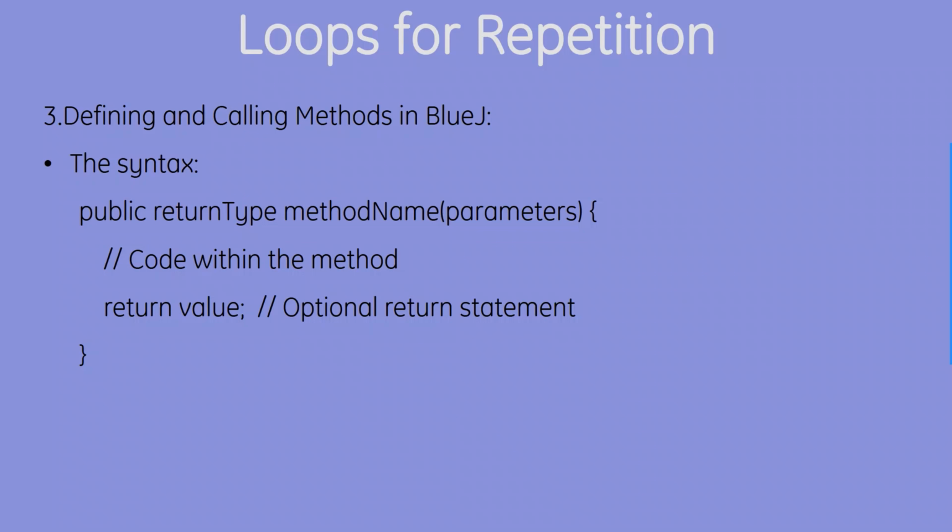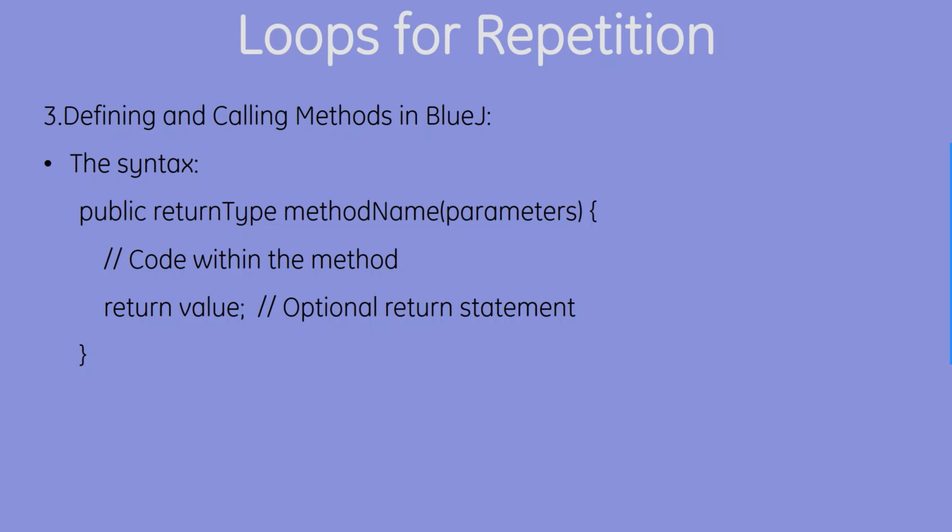So there is something called a calling method. You basically define the entire program in one place, for example a calculator function. You define the entire calculator function once and then you can just call the function below and run the program. So it's more organized and you can easily trace the errors in it. That is the calling method. So what's the syntax of that? You can see here: public, return type, method name, and the parameters that you're going to pass to this method.